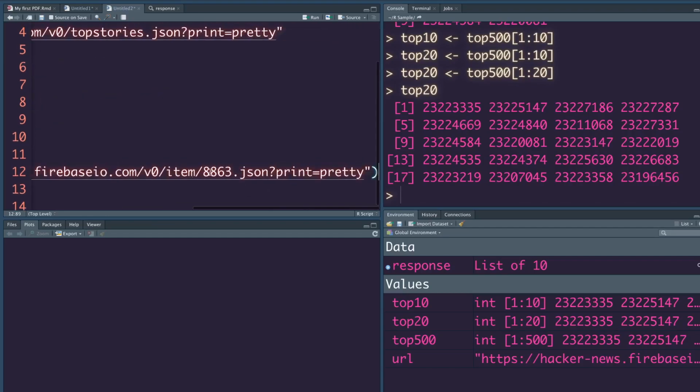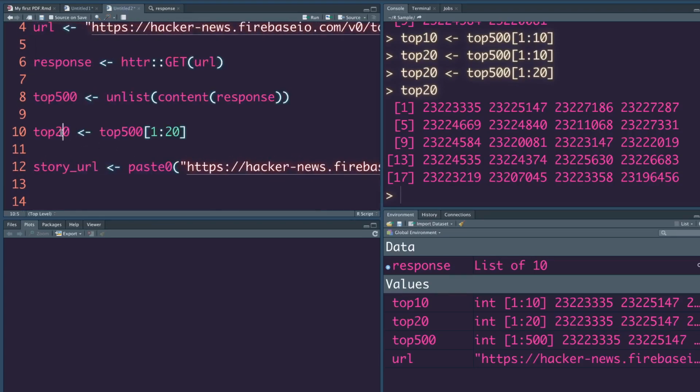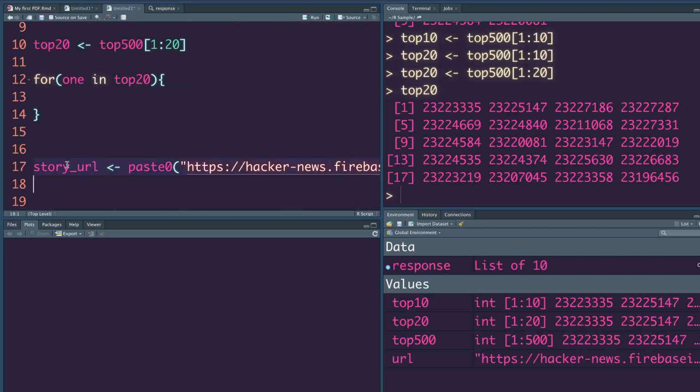We are going to say, okay, here I'm closing my first string, this is just for string concatenation, and here I'm going to start the next one, and in the middle I have this. Let's say we want to do it in a for loop for i in top 20, and we'll do everything within that.